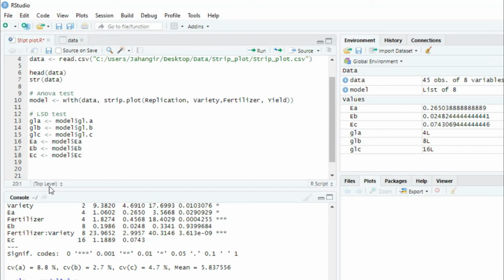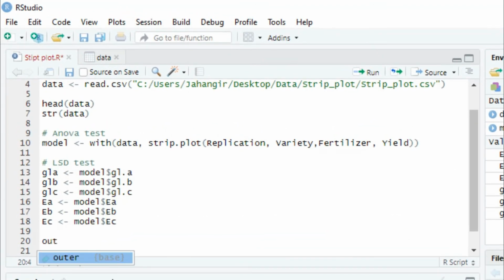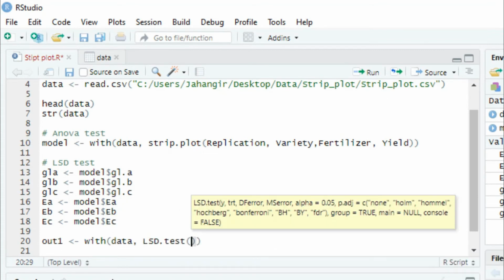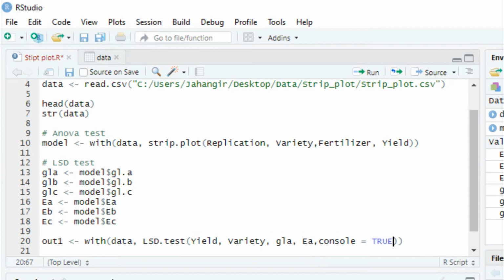And now we can output one first. With data LSD test, first response variable yield and factor A variable variety, GLA EA, console is equal to 2.